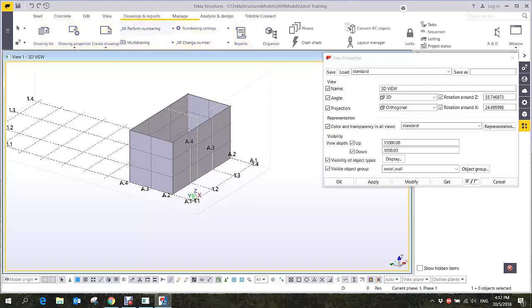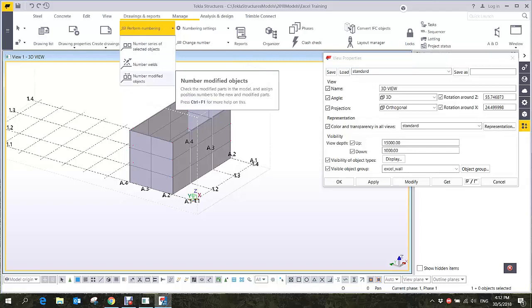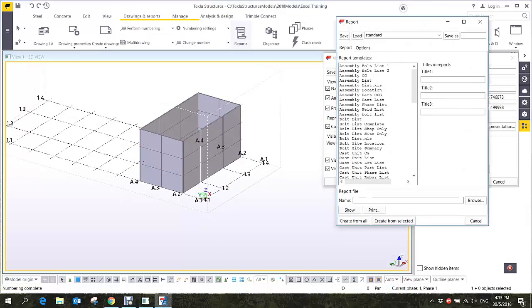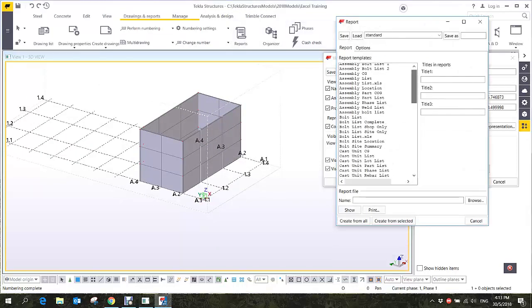and then numbering. Okay, numbering and then modified numbering. Drawing reports, perform numbering and then numbered modified object. Okay, click. So now the system will automatically assign the piece mark to each and every element. Okay, so now if I go to my reports, you can see here